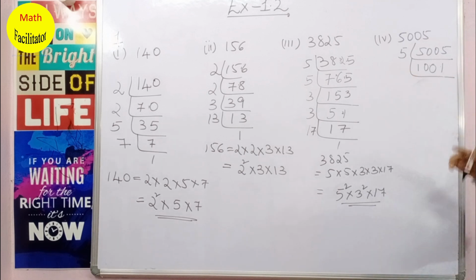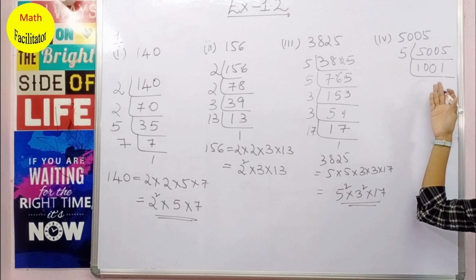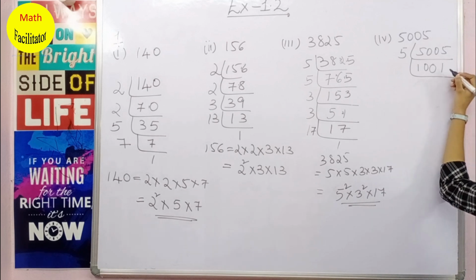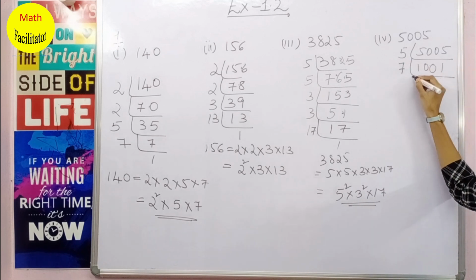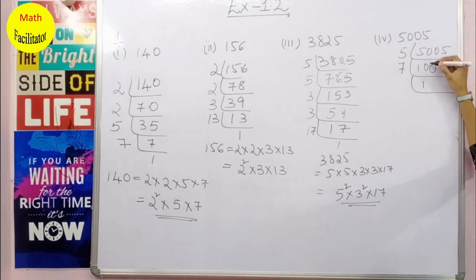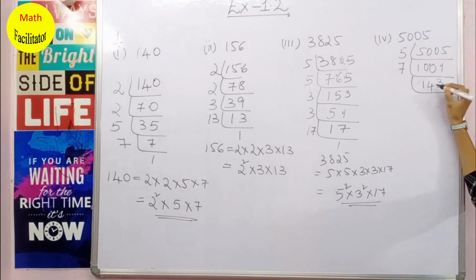Now let us try with 7 table. Why? Because 7 3s are 21, so you have 1 in the units digit. Okay, 7 1s are 7, so 3 is a remainder. Now this is 30. Okay, 7 4s are 28, 2 is a remainder. Now 21, you know that 7 3s are 21.